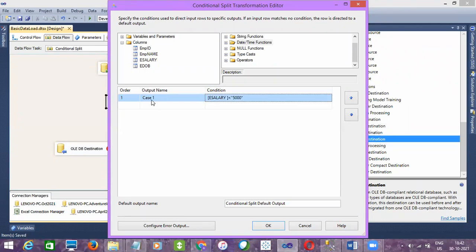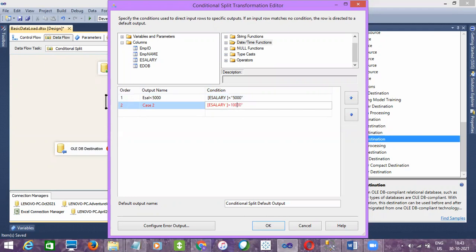So you have to use it twice if you want to use equals to, right? And here I'm just checking the condition as salary less than 5,000. Okay, and if I want to add one more, I can add one more. So here you can rename the case as well. So here let me give e salary less than 5,000. This is my output column name instead of copy of one something, right? So I'll take one more condition, and in the condition I'll give salary greater than 10,000, right?